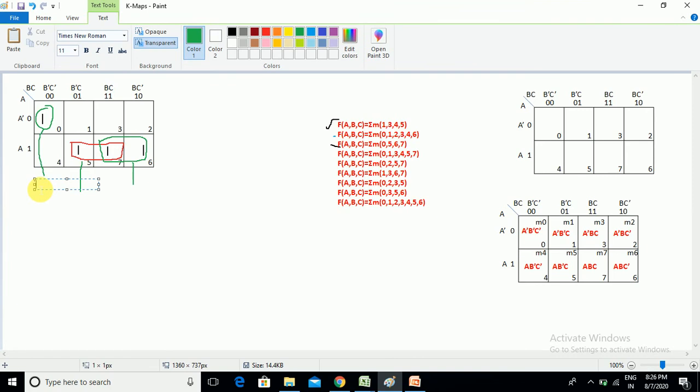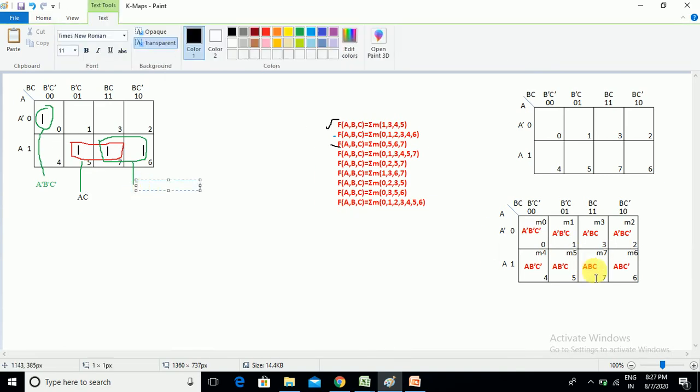The cell value becomes A dash B dash C dash, so A dash B dash C dash will be the answer. The next group answer will be: 5 and 7. Who is common? A and C are common. So A C will be the answer. The next cell, for the next group answer will be